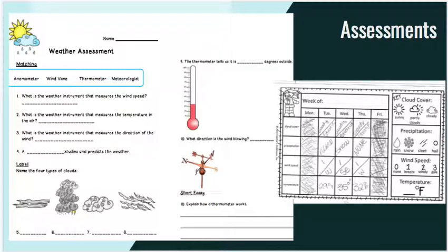So as far as some of the formative assessments that I used for my lessons, a lot of it came into play with this right here. This was their data collecting paper that they had in their data notebooks. And so unfortunately for this week that we chose to do, a Monday ended up being a snow day, so they only got to record the weather for 3 days instead of 4, unfortunately. But they got to collect data on cloud cover, different types of clouds, precipitation, wind speed and wind direction, as well as the temperature. So that was kind of how it accumulated throughout the lesson. They would fill this in